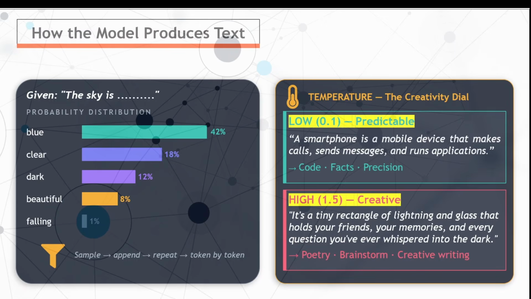Now, if you set the temperature as 0, the model almost always picks the highest probability token. Results are consistent. They are always the same, predictable. It's safe. However, it's a little boring.